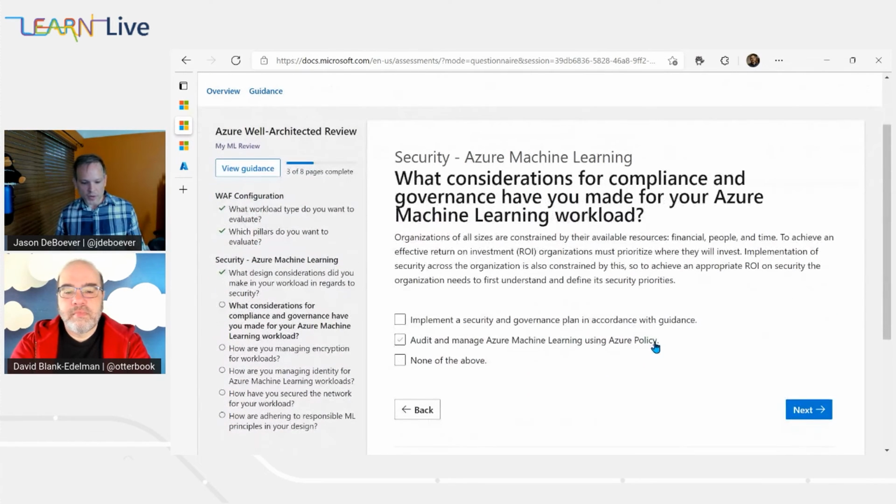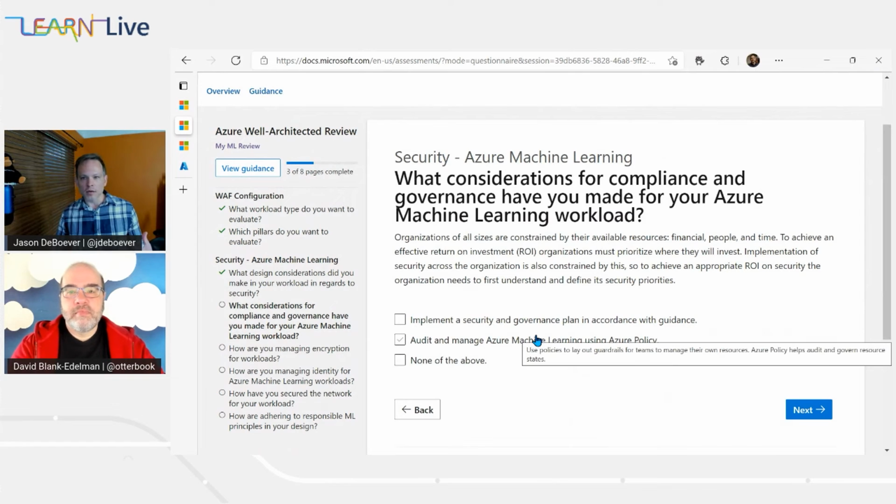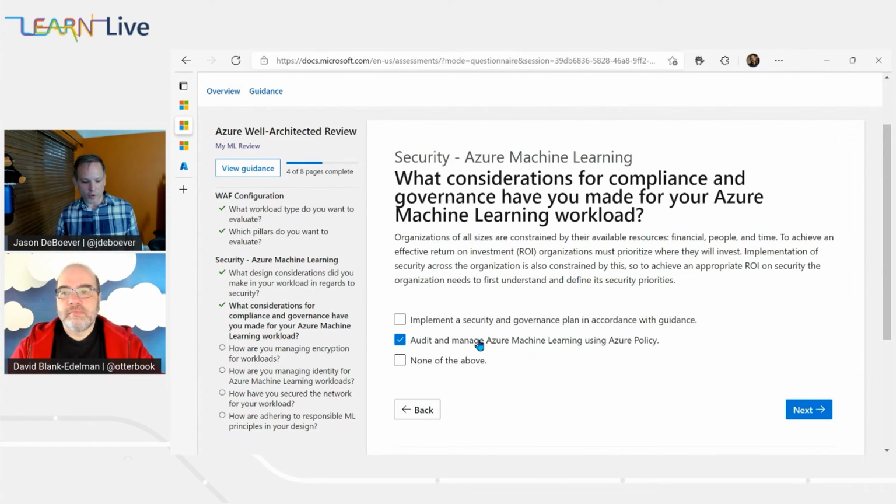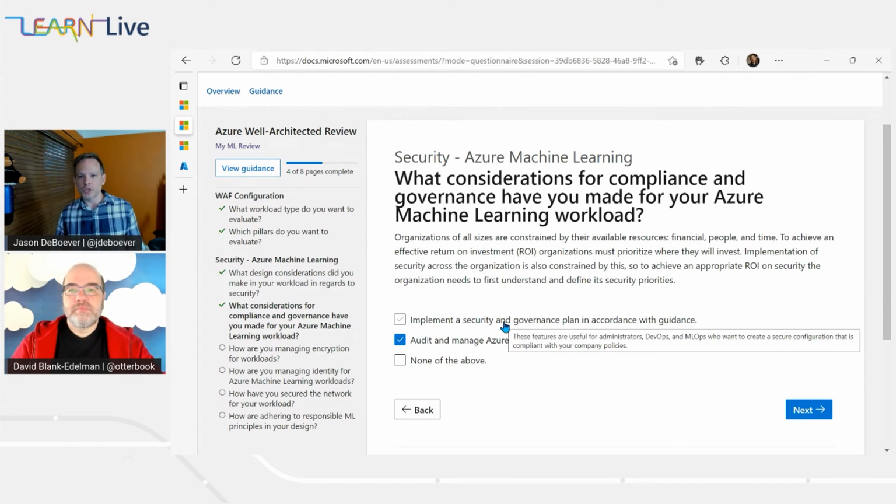And then same thing when we come here, we're saying, okay, what are our governance policies? And if we don't agree that we've actually reviewed and implemented these machine learning specific policies, we're going to get a link in our guidance. I may be foreshadowing a little too much. That's going to be exactly specifically about machine learning and getting a proper governance policy around that. And that's going to be specific to things like responsible AI, making sure you're doing the right things and the smart things with your AI